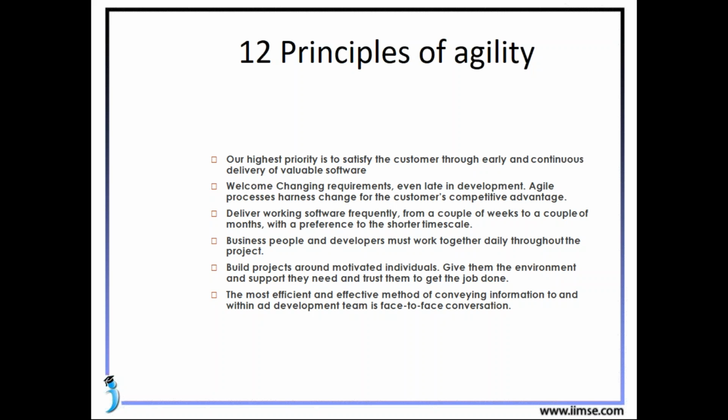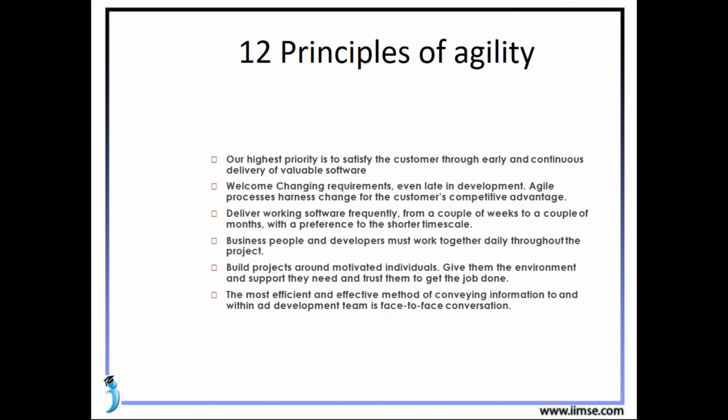The most efficient and effective method of conveying information to and within the development team is face-to-face conversation. So rather than writing mail, being formal and doing documentation, let's work together in a collaborative manner. It was more about giving a touch of working more collaboratively.